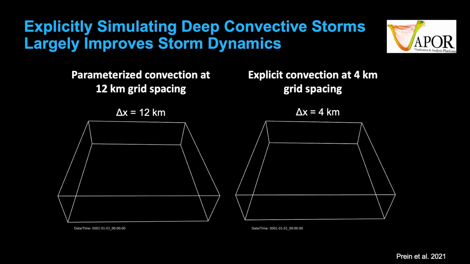There's another example just to illustrate how these clouds look in these two worlds, with 12-kilometer parameterized convection on the left and 4-kilometer on the right. This is actually an organized convective storm, so you can see this on the right. We have multiple updrafts, these bubbles rising. We also have this cold pool at the bottom that we know from our experience. If you see a thunderstorm coming towards you, you often feel this cold gust of wind approaching you. This is very nicely shown. These cold pools are triggering new updrafts, and there's really a regime shift between what we can simulate on the left side and the right side.